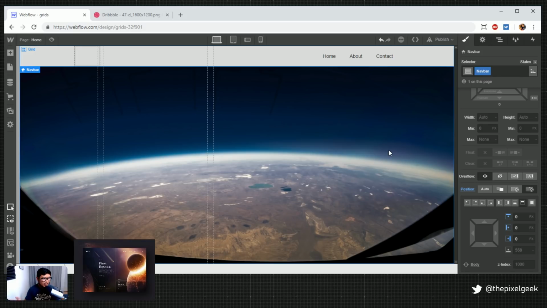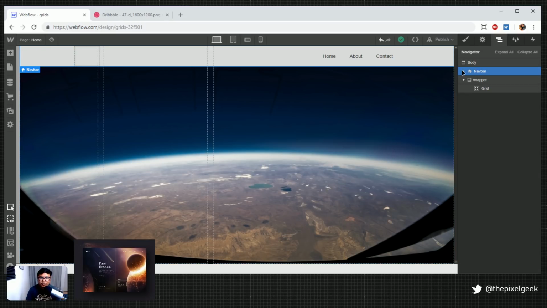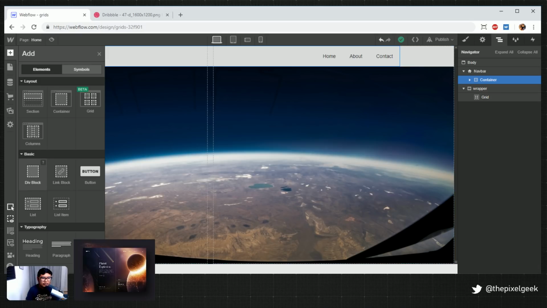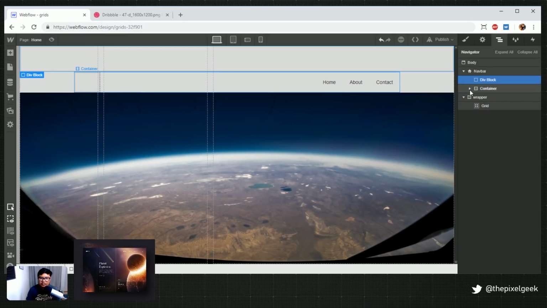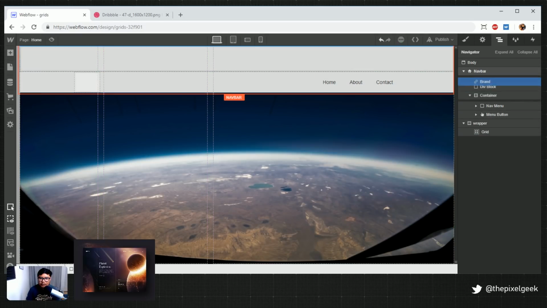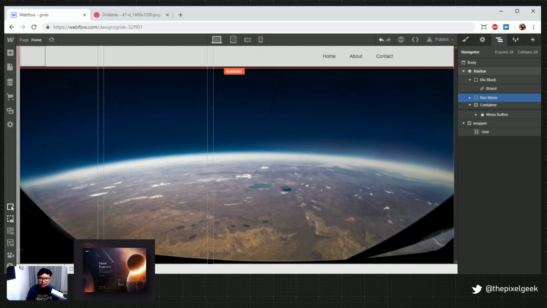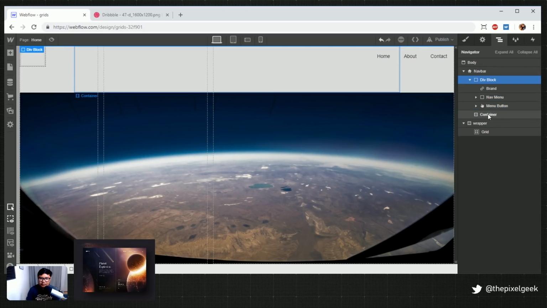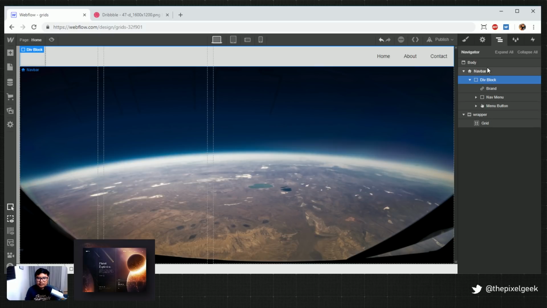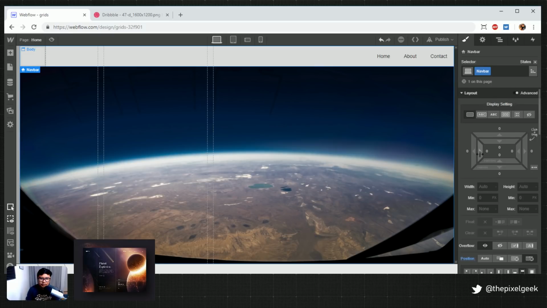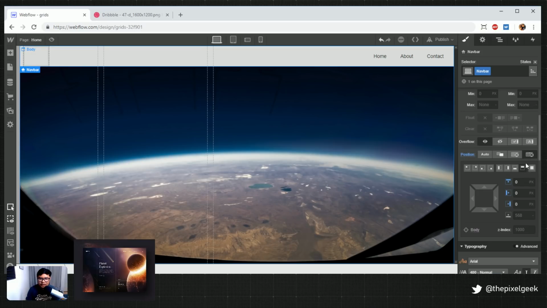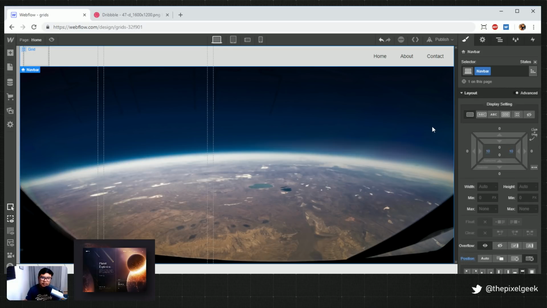Aha! I think this doesn't make sense, because this isn't a container. All right, so to remove the basic container, if you don't know how, just drag in a div block in your navbar component and drag everything inside of that, and then delete the container. Cool, that's done. And this navbar, let's go ahead and put some padding. And so what I did is I made it fixed right here, fixed to the top, so it's overlapping on top of everything else. Just a FYI.